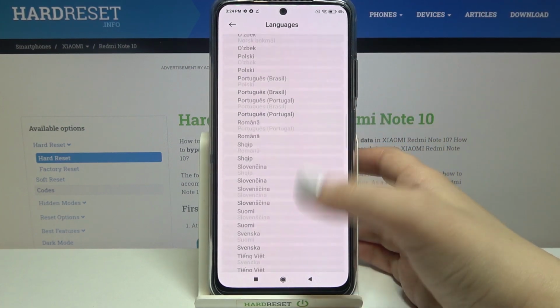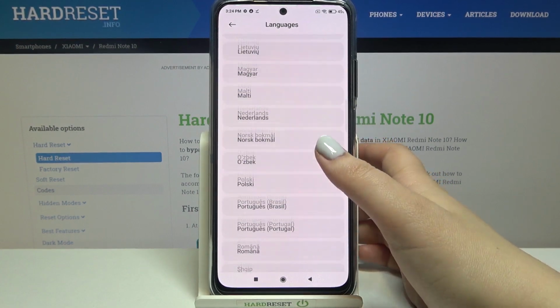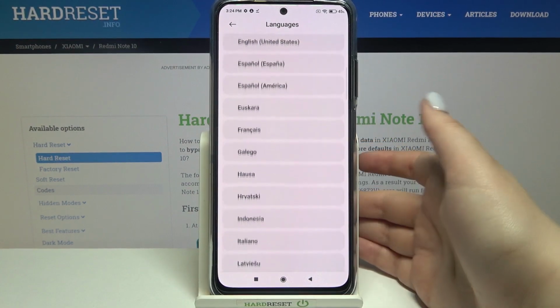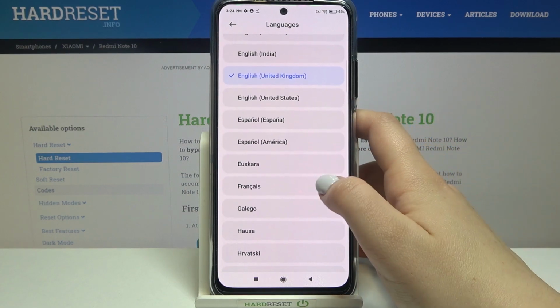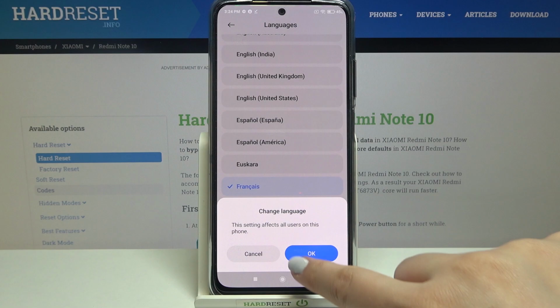And here we've been transferred to the full list of all available languages from which we can choose. So all you have to do right now is simply find the language you'd like to set. I will pick French, so simply tap on it. As you can see, it is marked. What's more, your device is informing you that it will change the language, so simply tap on